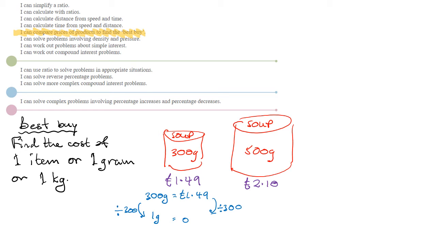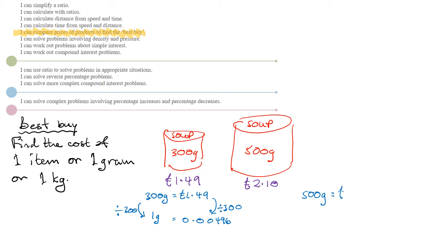0.0, oh, too many noughts, 0.00496 pence per gram, or pounds per gram, but let's just put that there, and we'll do the same for the big can of soup, 500 grams